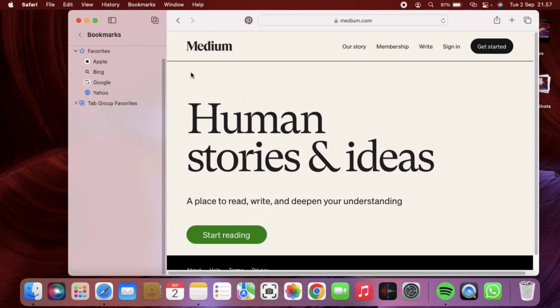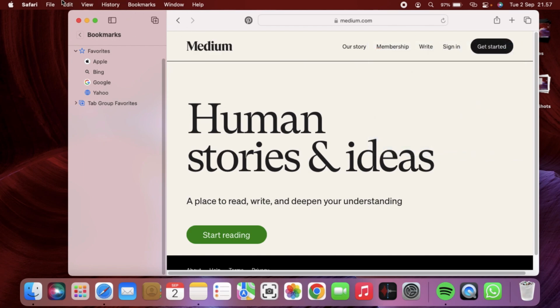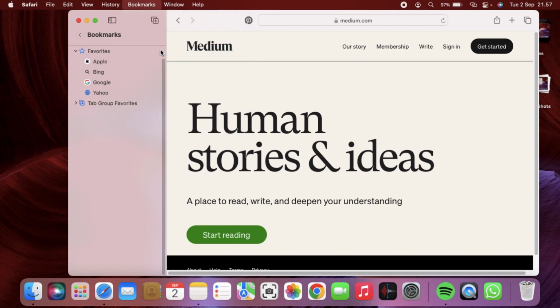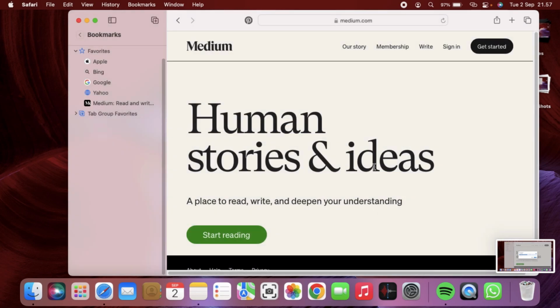So you can see in here on your top screen on MacBook, there is an option bookmark. You can just click on that. You can choose Add Bookmark. You can click on bookmark like this. You can rename the bookmark. You can name the bookmark as you want. After that, you can choose on add, or you can just simply